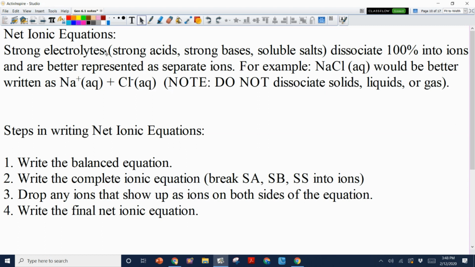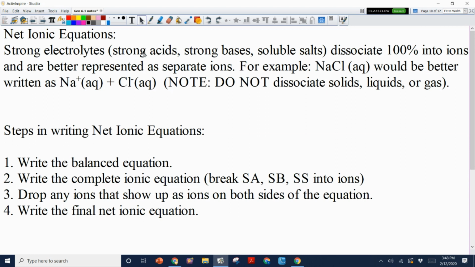All right, so for strong electrolytes, and this includes strong acids, strong bases, and soluble salts. So let's look at these one at a time. We have a list of strong acids, and you need to write this list down because strong acids are 100% soluble. Okay, so our strong acids are